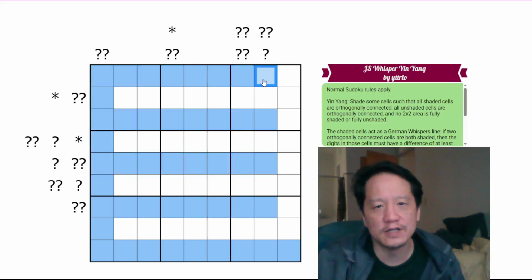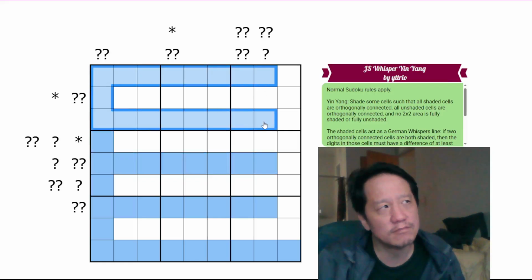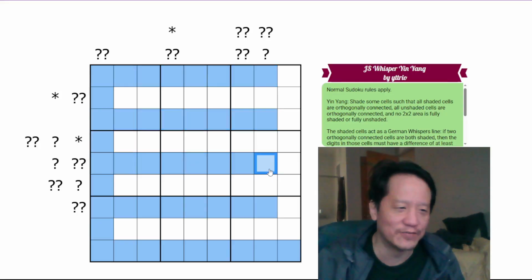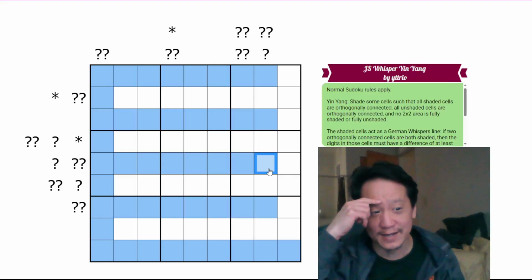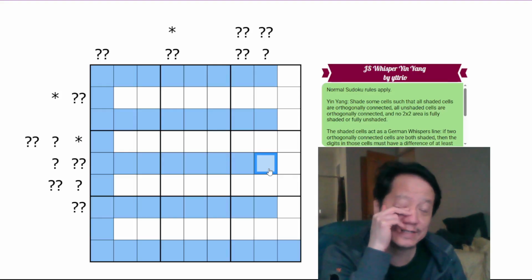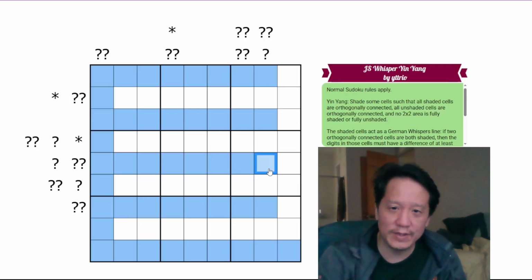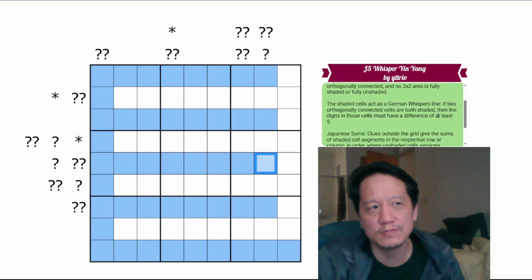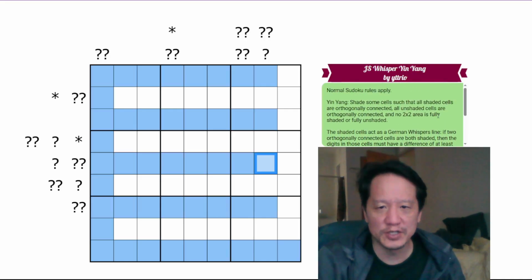Actually, I think it's yin-yang. I think that's the actual pronunciation, but I don't know why I've basically Americanized it, I guess. Yin-yang shading, actually, I think that's the real pronunciation. But basically,